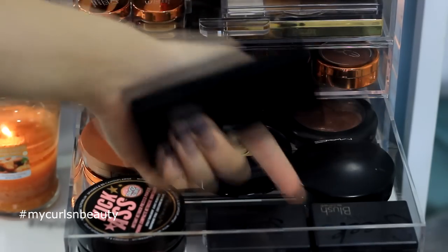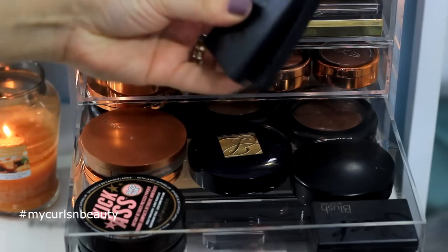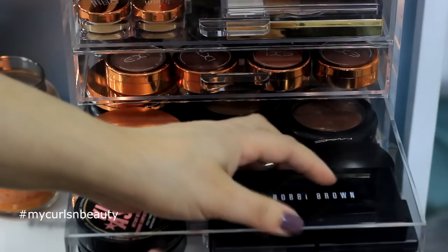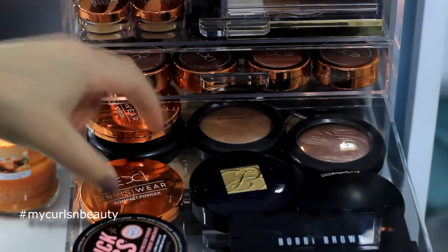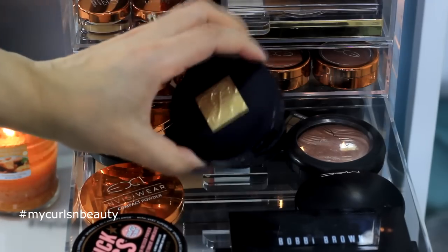I have over here, as you can see, blushes from Sleek. You can stack them on top of each other. So there's four here in the corner, and then I also put this on top. Right at the back, I have a bronzer from Clinique, and then I have a powder from EX1 Cosmetics from